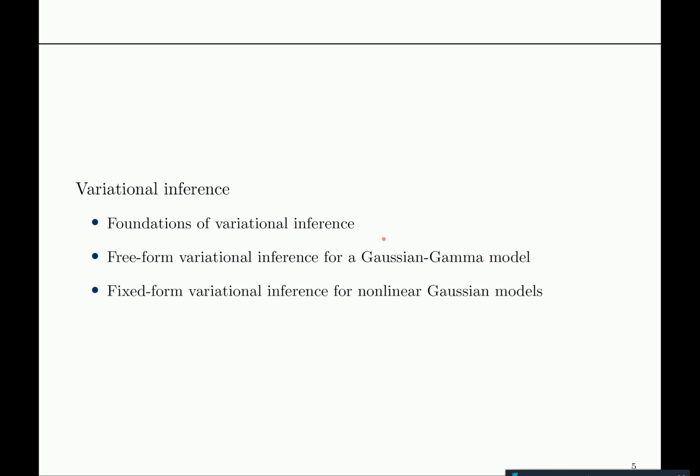And then the second and third things are two applications of variational inference to a Gaussian gamma model and a nonlinear Gaussian model. And these applications are rather brief because they involve analytical derivations, but I didn't put all of these analytical derivations in, so they then serve more as showcases of how variational inference can look in practice without going into all of the derivations that are necessary to then establish these things. But we will come to it and see it.